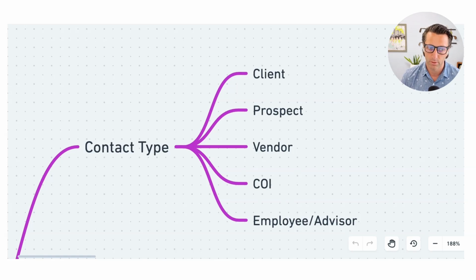Depending on the size of your firm, how you communicate with your internal folks can be a really important piece of this as well. At the high level, clients versus prospects would be a great place to start. And then, if you can, segment out your COIs, because you could definitely do some really nice personalized, segmented marketing to your COIs. Yeah, nice.